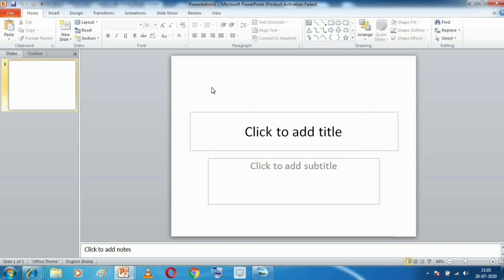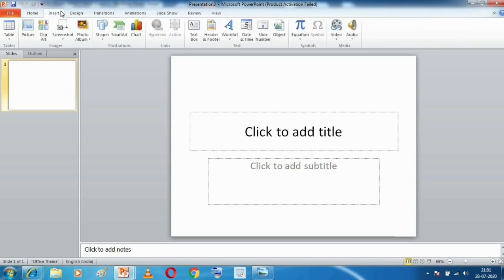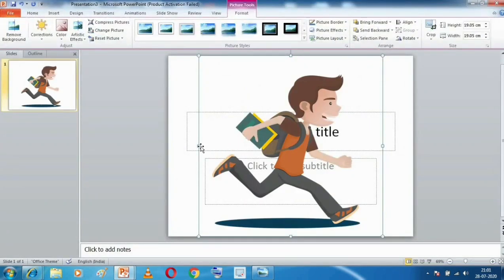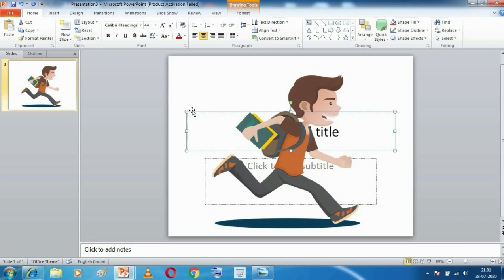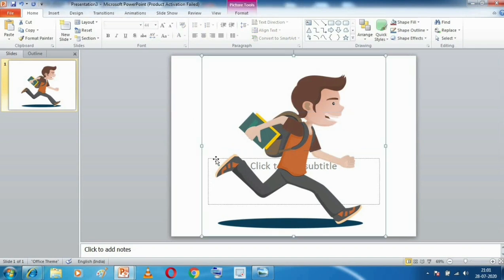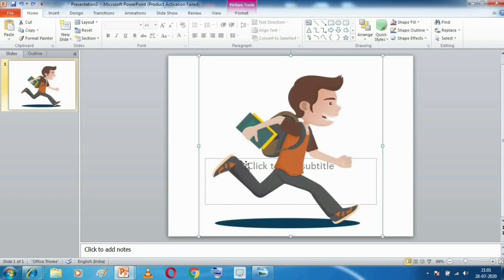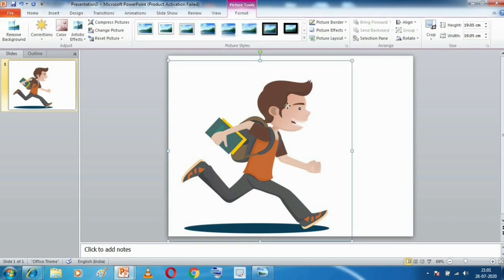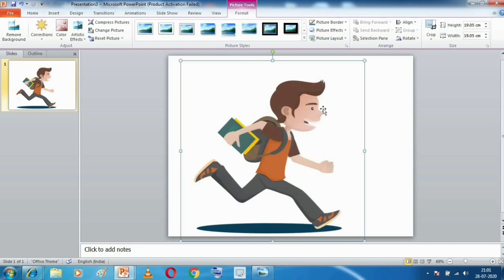Now in the previous class, students, you studied about how to insert pictures in your slide. So how to insert pictures? Select that particular slide where you want to insert the picture. Then click on this insert tab over here, and then go to this picture icon. Then you select whichever picture you want and that picture will be inserted into your presentation. So that picture has been inserted into your slide. This part you had studied in the previous class. So this is how you insert pictures.